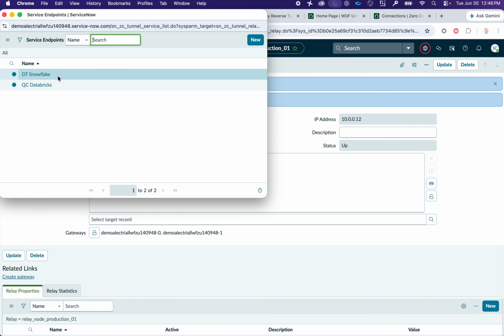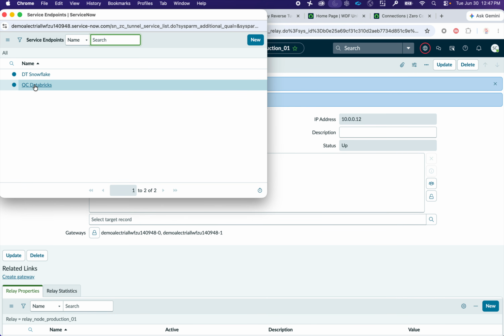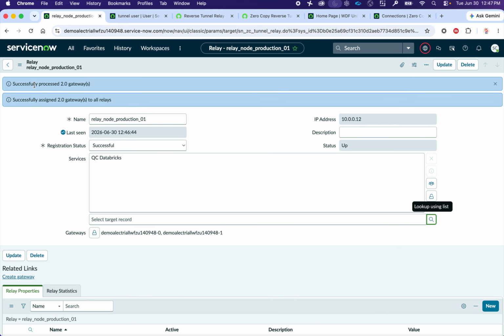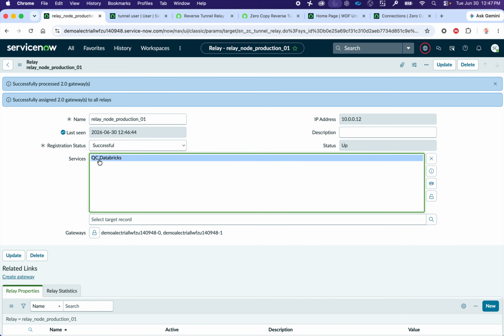I already configured it, so maybe what I'm going to be doing, so you see the experience, I'm going to click new and I'll put a new name. It doesn't matter. I'm not sure if it's going to let me create a duplicated entry. So I'm going to click here, lock it, and I wanted to see if I could